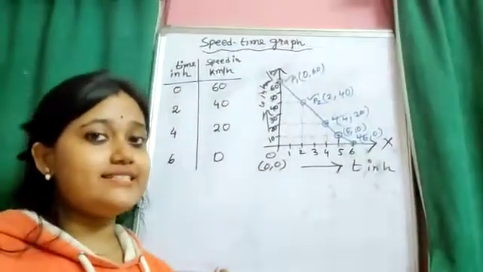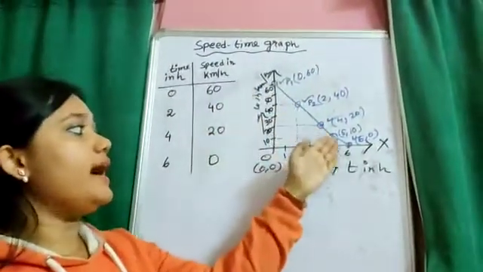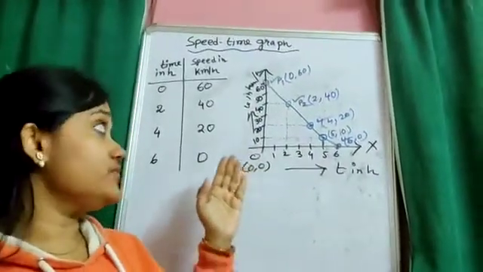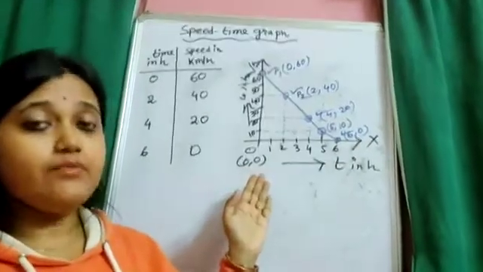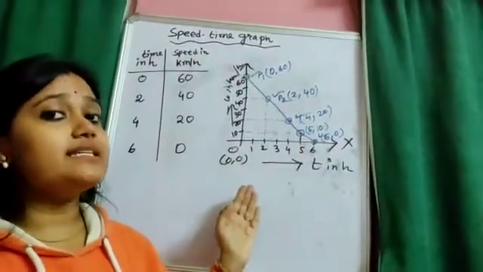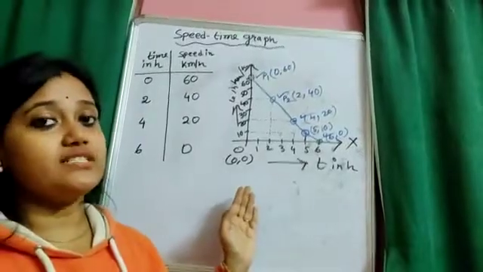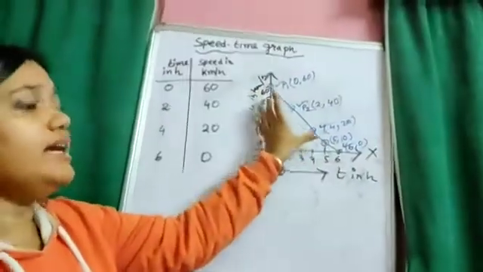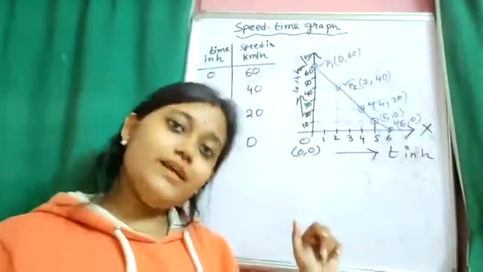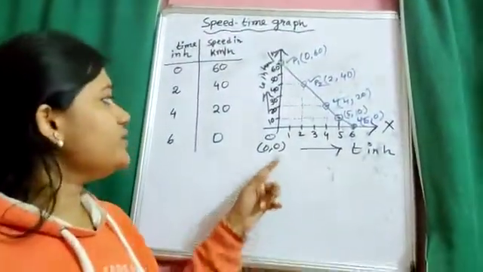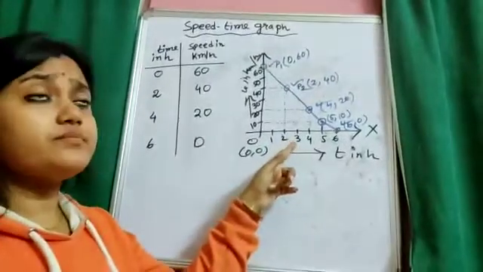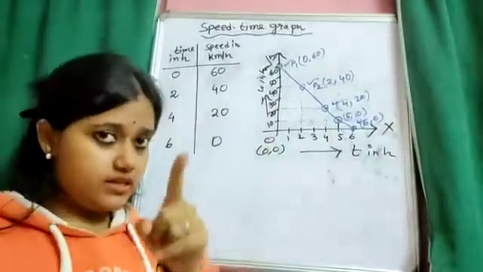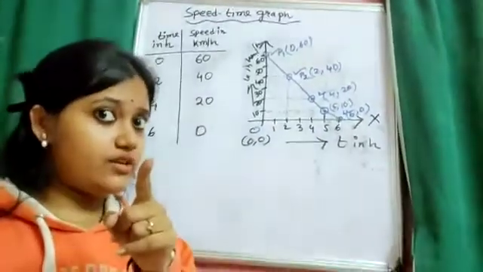This is one very interesting thing, that from a graph I can find out the instantaneous speed. That is, from the speed-time graph I can find out the instantaneous speed or the instantaneous velocity for the body in between the given data. Okay. Similarly, it will be your task to find out the velocity at 3 hours and at 1 hour. Okay, do it. I will check the copy.